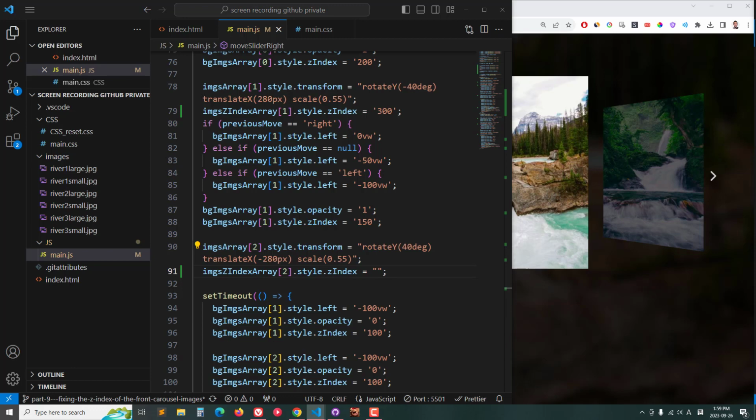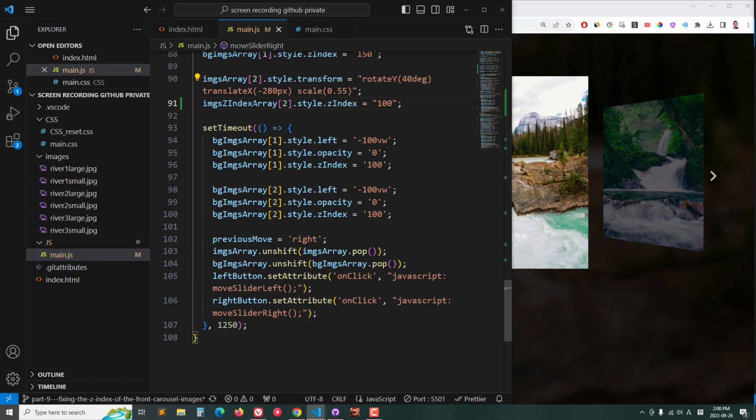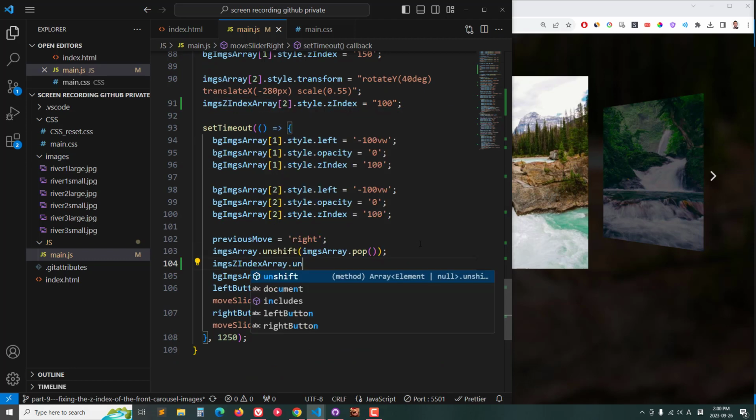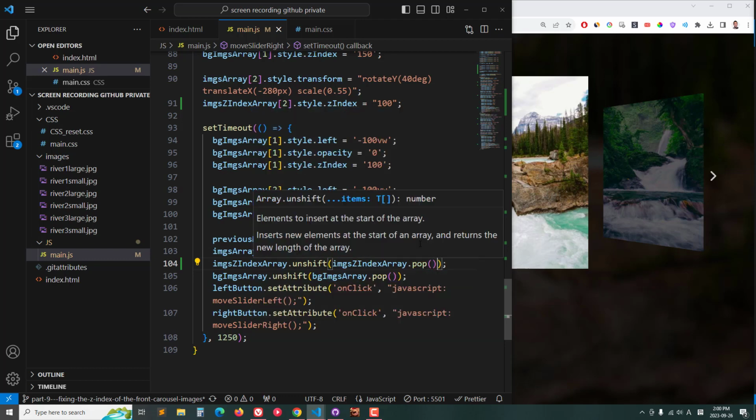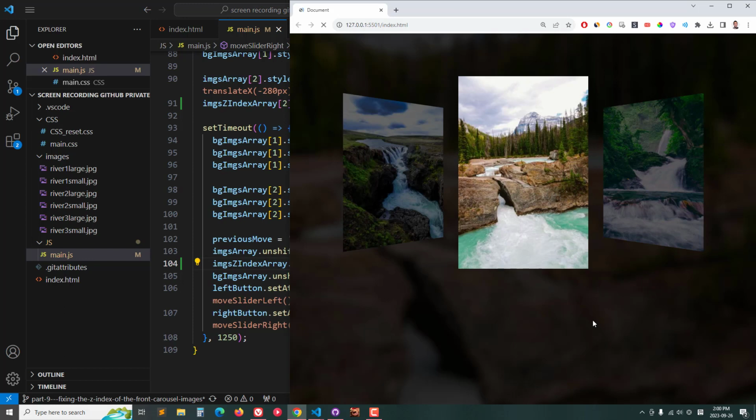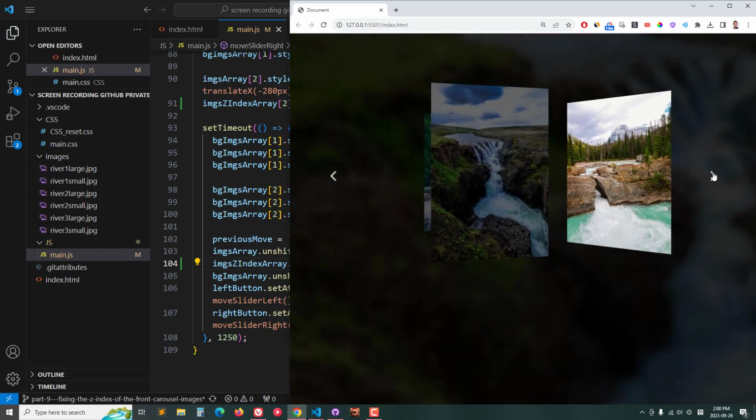What did I give? I think a 100. Yeah, 100. And then we want to take this image and do the unshift and pop in this one. So we want to go right over here, go unshift, and then pop, and that should update the orders at all times. So now if we click right,